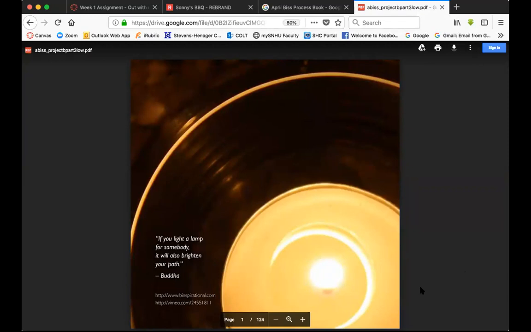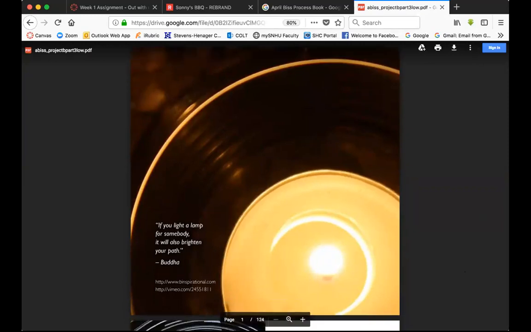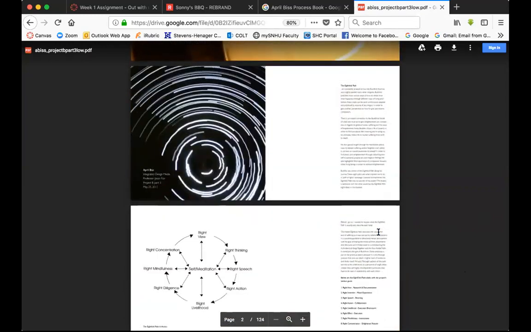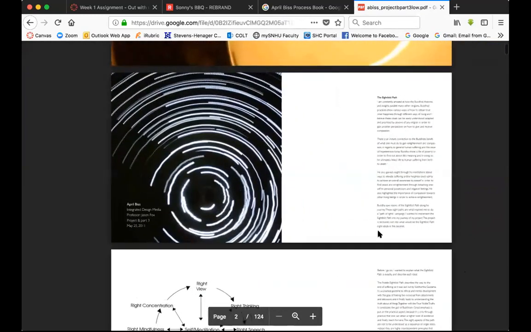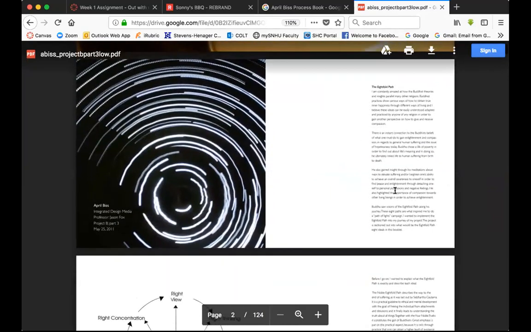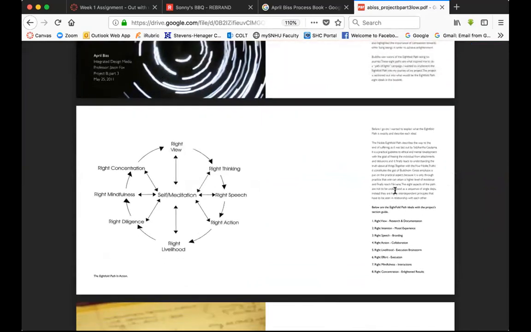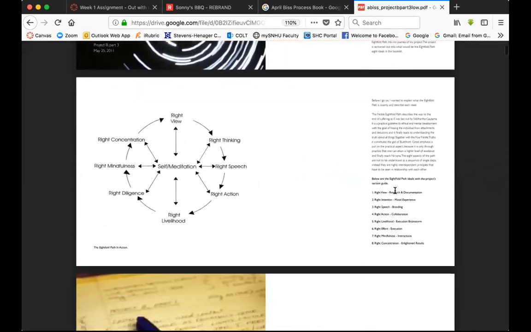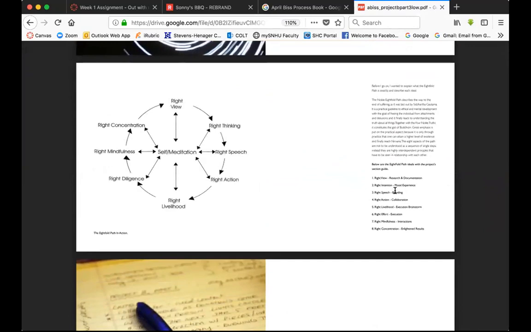So it's very extensive, this process book, but I just wanted to show you kind of what went into this. So when you start a project, it's always good to do research. And here I am doing research about a concept for this particular event that I was going to hold for raising awareness and raising money for homelessness in Tampa.